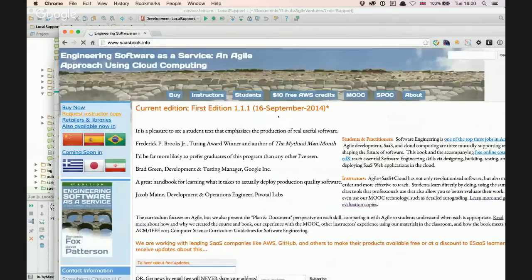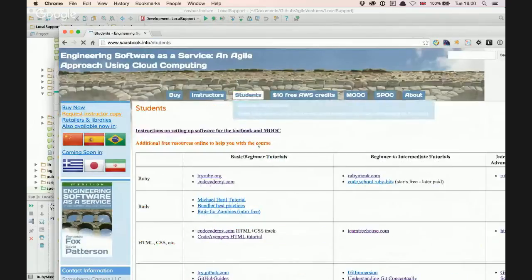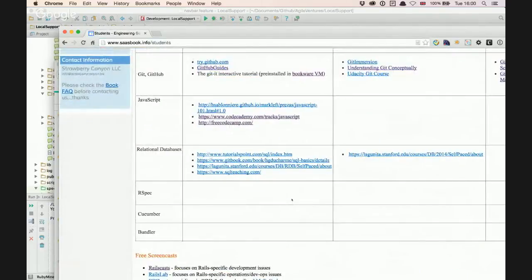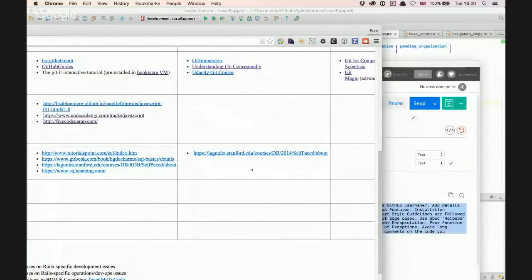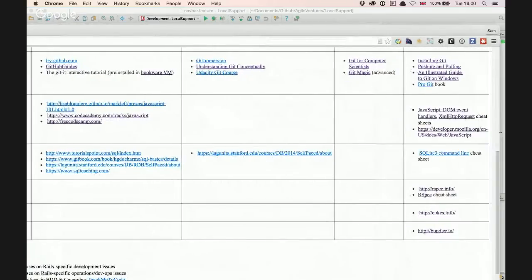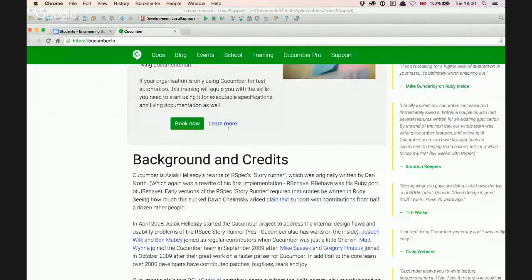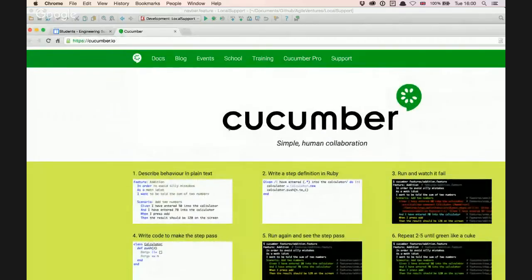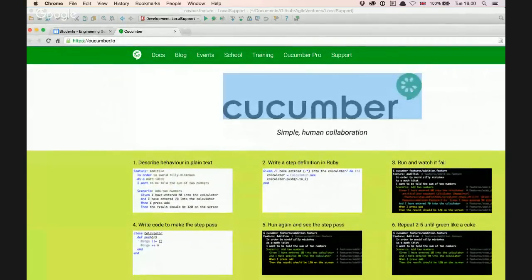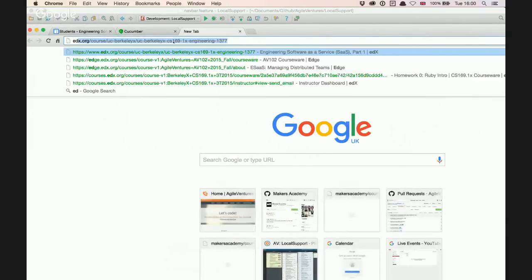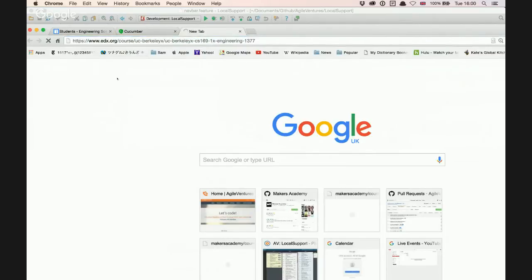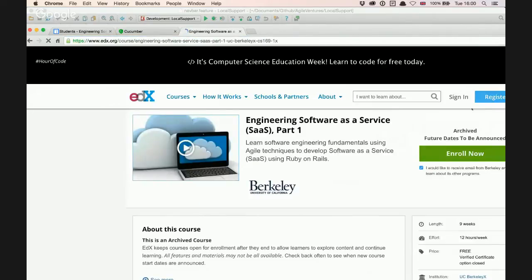This is the site for the SaaS book, and we have here, where's the Cucumber one gone? I don't know that I have. The Cucumber really, I got to grips with from all the materials in the MOOC. Do we have, if we go in here,